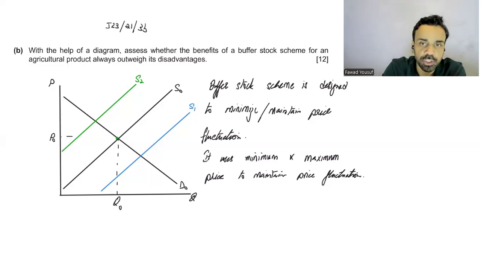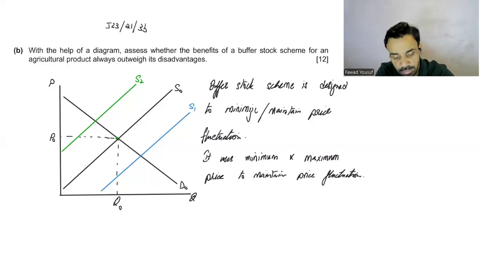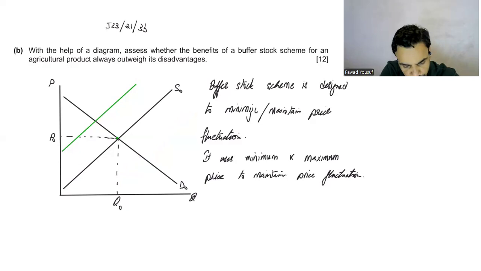तो उस हिसाब से just mentioning that minimum and maximum prices can be used to maintain the price fluctuation, you get 1 mark, and then you can have that minimum and maximum. So आप उसको place कर लेते हैं. Let me just remove this for a second and I'll just walk you through exactly what needs to be done in this one. Yeah. So we're going to have a minimum price and a maximum price.